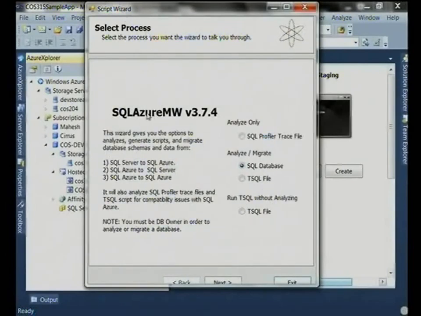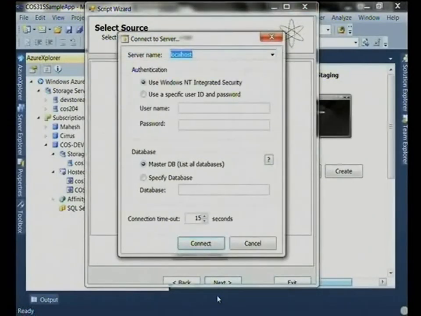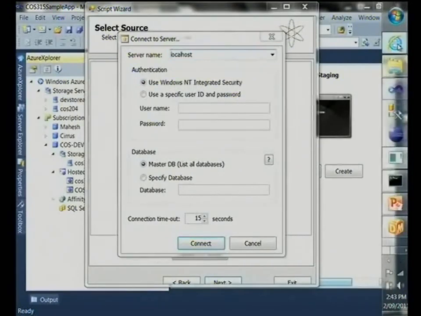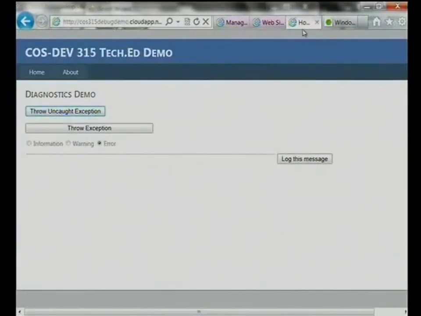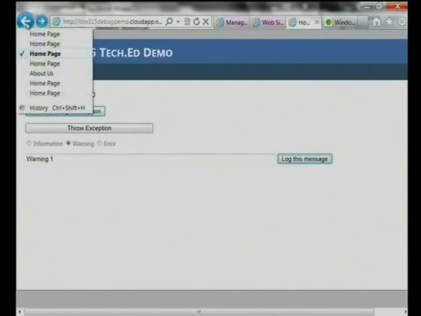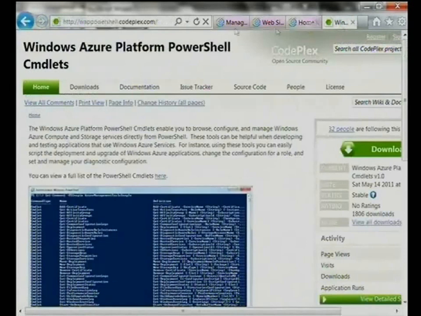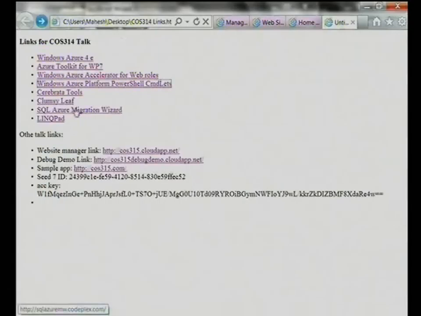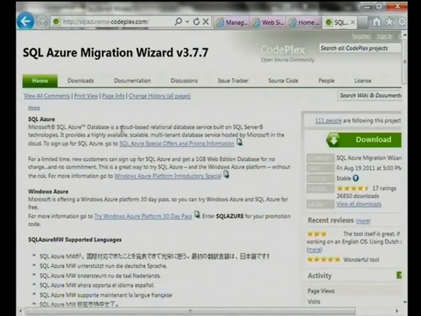Okay, I click on it. I brought up the SQL Azure Migration Wizard. It is a standalone app, and you can get it from the Codeplex project, sqlazuremw.codeplex.com.